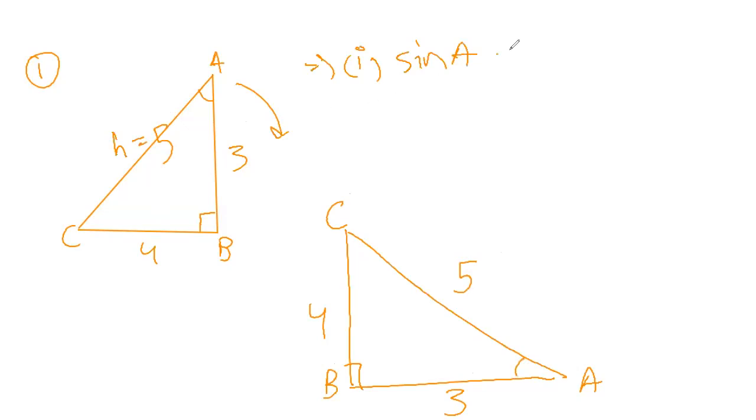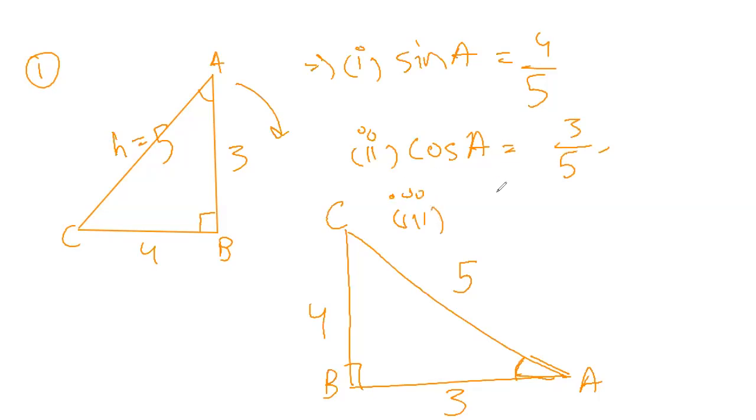So our sine A is perpendicular upon hypotenuse, that is 4 upon 5. Our next question states that find cos A. So cos A states that with respect to angle A, find the cos A. Cos A is base upon hypotenuse, so 3 upon 5. Then our third question states